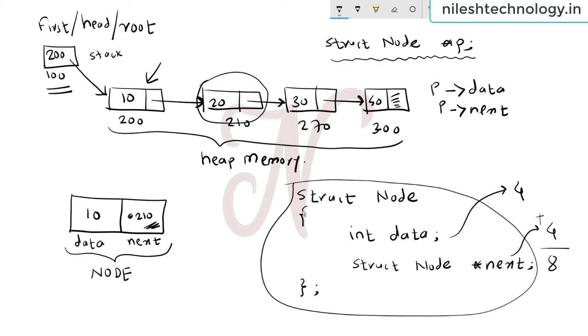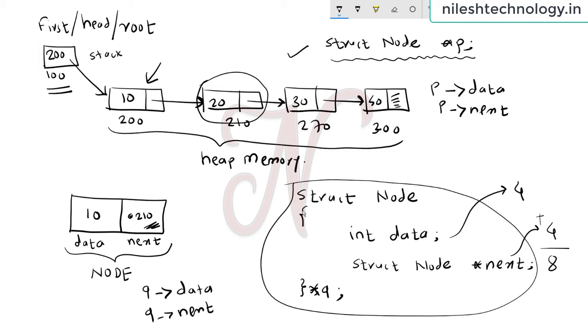Creating the instance of a structure, or the object of a structure, by using this way. You can also declare the variable in this position. So here declare star q and then semicolon. Star q means that q arrow data accesses the data, and q arrow next accesses the next address. There is one more keyword, that is typedef.